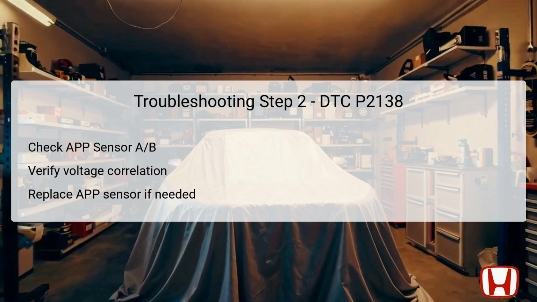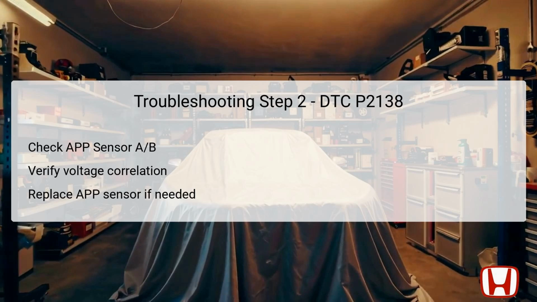If the readings are indeed the same, the technician should proceed to the next step for further diagnostics. If the voltages differ, it may indicate a failure in one of the sensors, leading to the observed DTC P2138. In this case, replacing the APP sensor will likely solve the problem. This step is essential because confirming consistent voltage helps isolate the issue directly to the sensors or points towards wiring